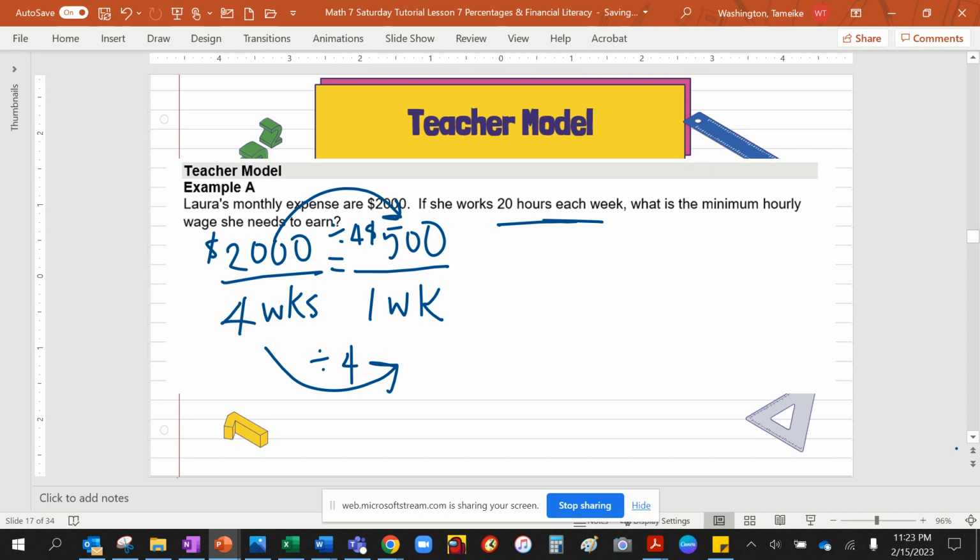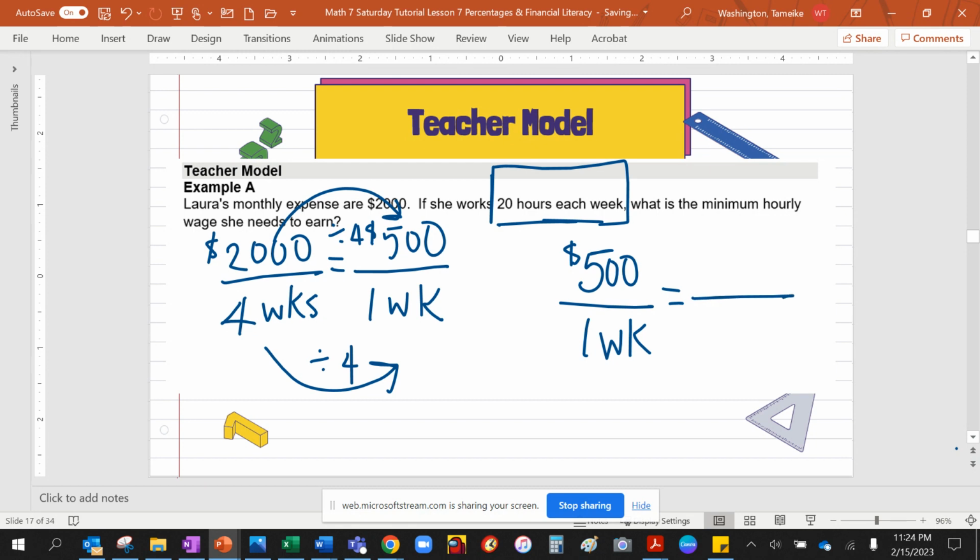Let's make another ratio to find out how much Laura has to make per hour. So if Laura's making $500 for that 1 week, the problem tells us that she's working 20 hours per week. So I can go ahead and replace this 1 week with 20 hours. Because I'm looking for her minimum hourly wage, I need to find out how much Laura is going to make